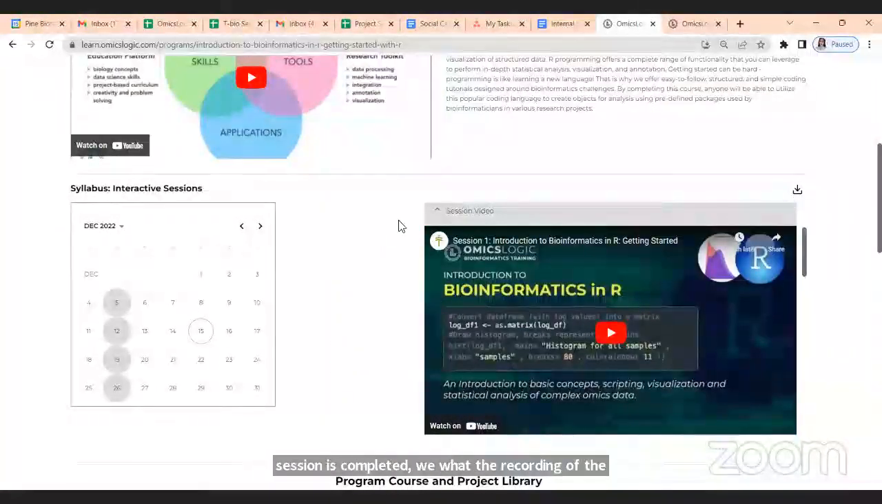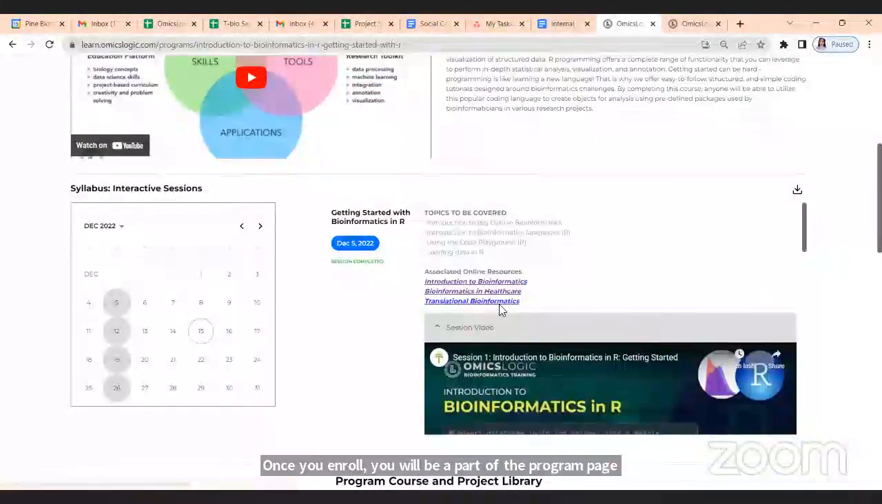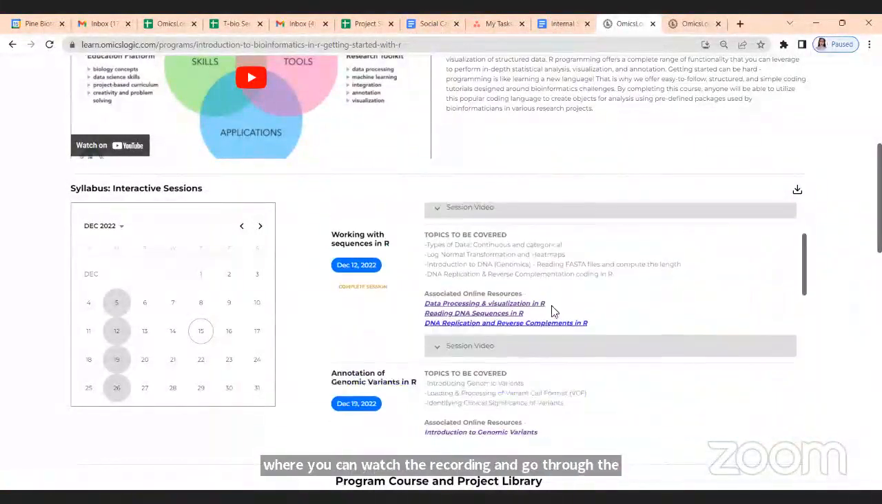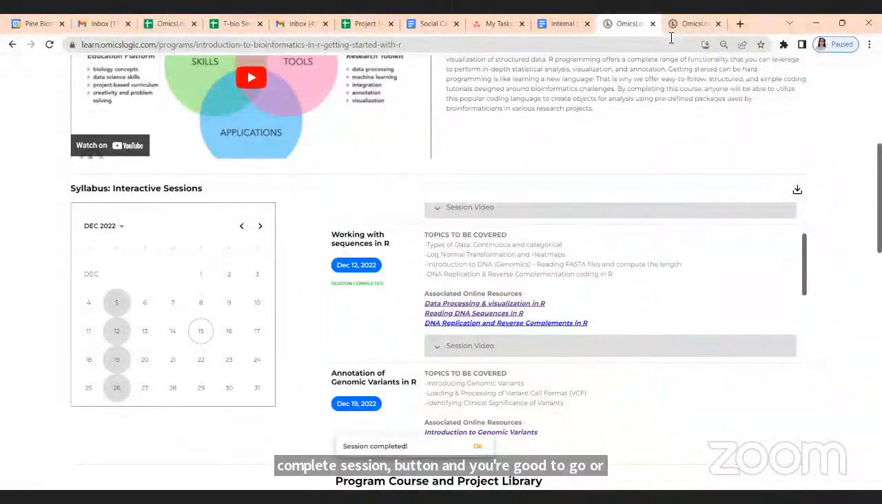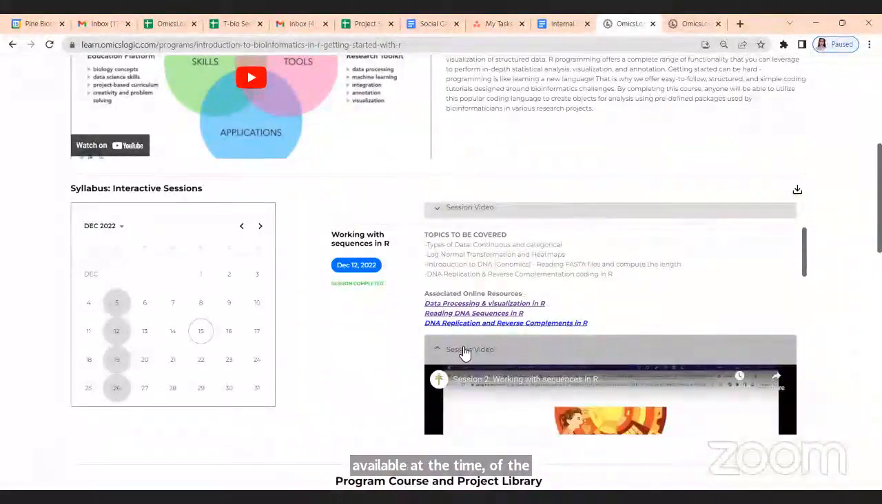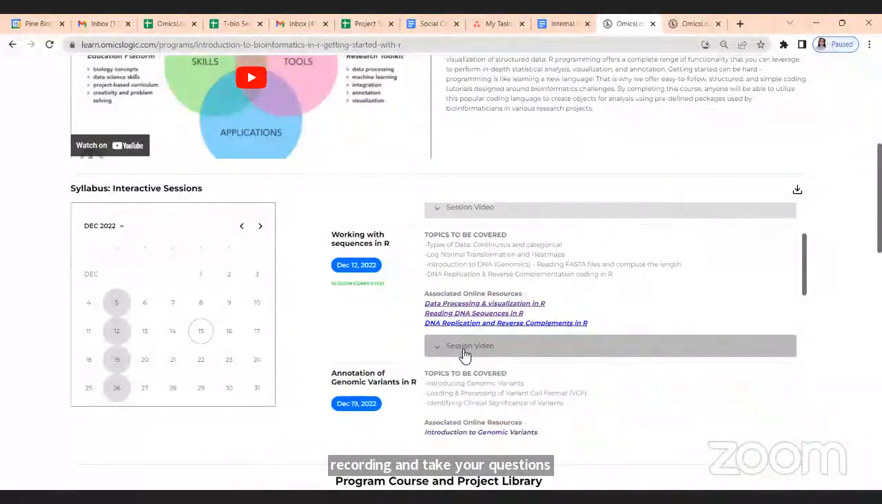Once you enroll, you will be a part of the program page where you can watch the recording and go through the resources. Once you complete the session, you click on the complete session button and you're good to proceed ahead. All right, so for those who are not available at the time of the live session, you can watch the recording and take your questions via email, or